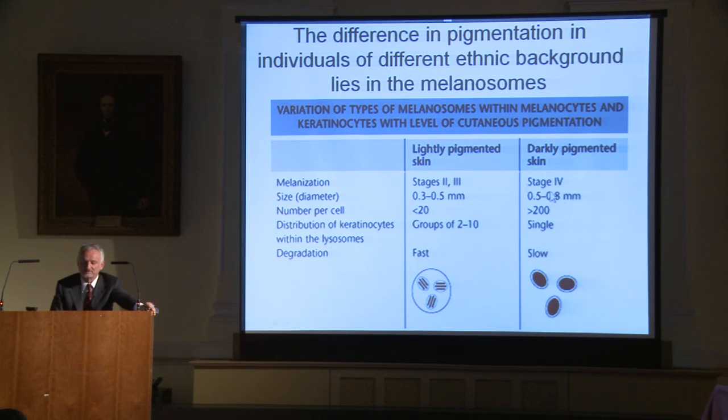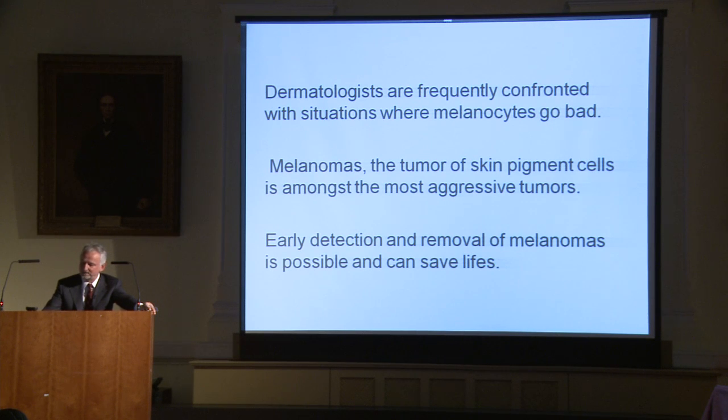They are smaller and they lie in groups, whereas in darkly pigmented skin, they are bigger, stay alone, and they are much more abundant. So there's 20 of those in lightly pigmented and 200 of those in darkly pigmented skin. And the melanosomes in darkly pigmented skin are degraded slower. So it's another reason why